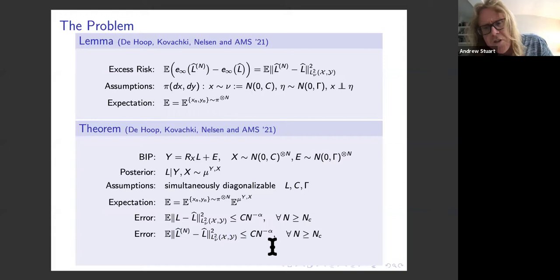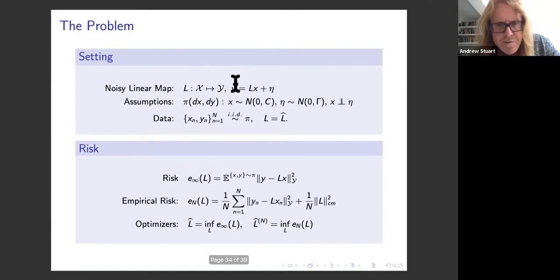And the rate of convergence alpha is something we're able to quantify and understand in terms of the hardness of the learning problem. So roughly speaking, returning to this, it's harder to learn unbounded operators. So the question we're trying to get a handle on here is whether one should directly learn inverse operators for inverse problems, or whether one should instead learn the forward operator and use that as part of a solution method to compute the inverse operator.